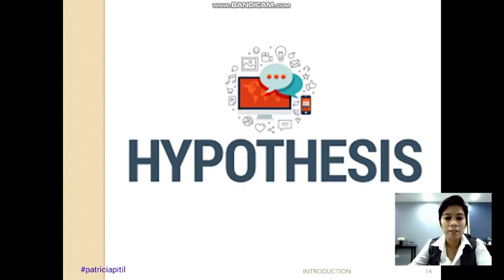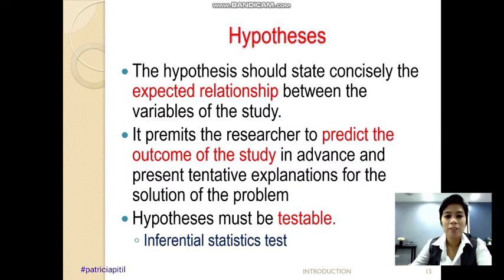Okay, another subchapter, hypothesis. A hypothesis should be stated concisely, when you expect a relationship or when you expect differences in the variables of the study, and it should be testable. These three, the research question, research objective, and research hypothesis, are interrelated. When you mention it in the research question, it should be in the research objective, and it should be in the hypothesis. However, it's more detailed. It's split down more explicitly because we want to test it later on to reject or to accept the hypothesis. So now we're involving inferential statistics.